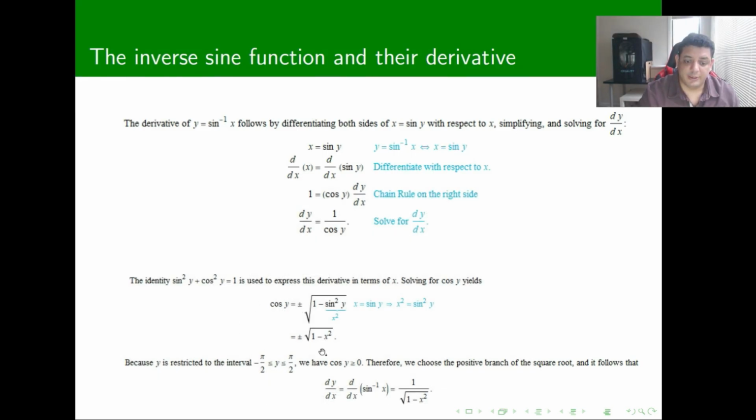So cosine of y is going to be positive, and therefore we can pick the root that is positive. And so because we pick the positive branch, it turns out that the derivative of y with respect to x, of sine to the minus 1 of x, is just going to be 1 over the square root of 1